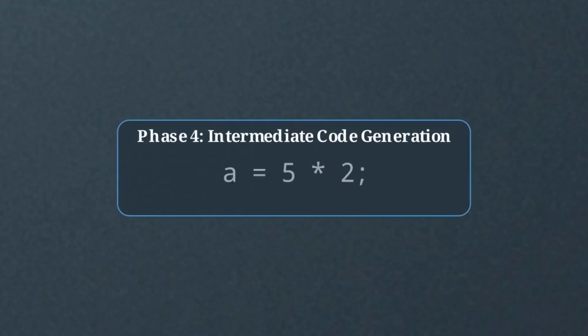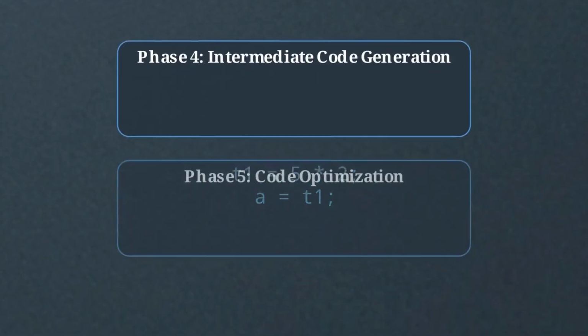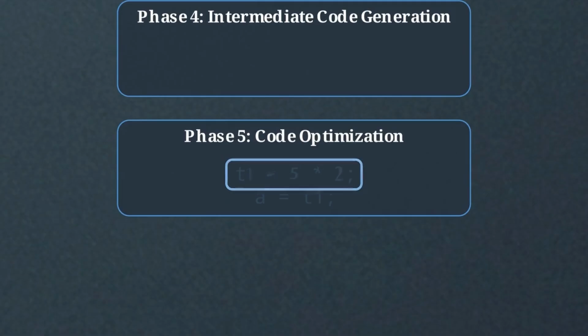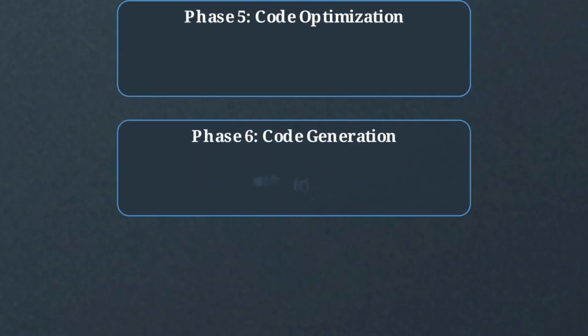Phase 4, intermediate code generation, breaks complex human logic into simple, temporary steps. Then, in Phase 5, the code optimizer finds shortcuts. It calculates the math in advance and collapses the steps down to make the final program run faster. Finally, Phase 6, code generation, performs the actual translation into machine instructions, resolving the logic into a stream of raw